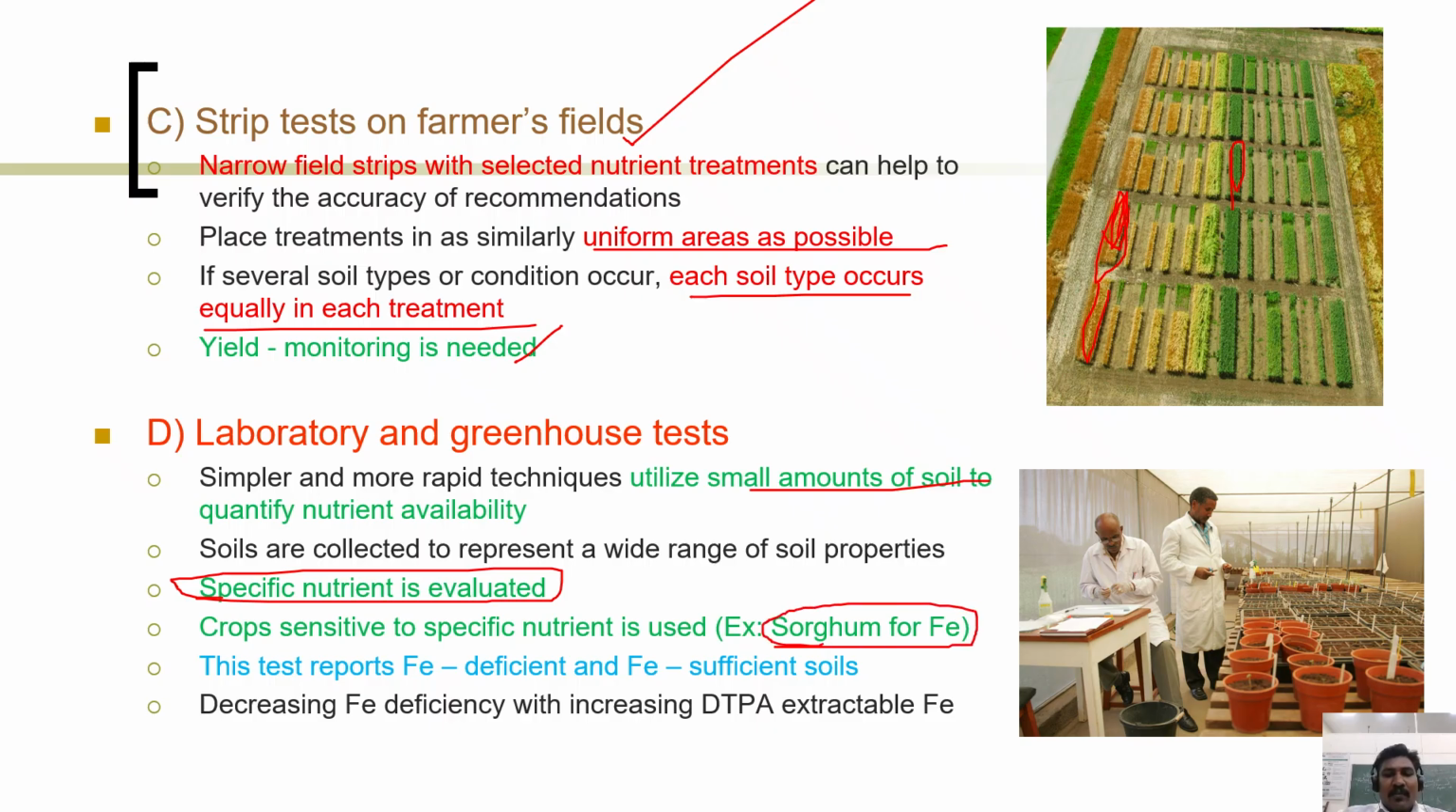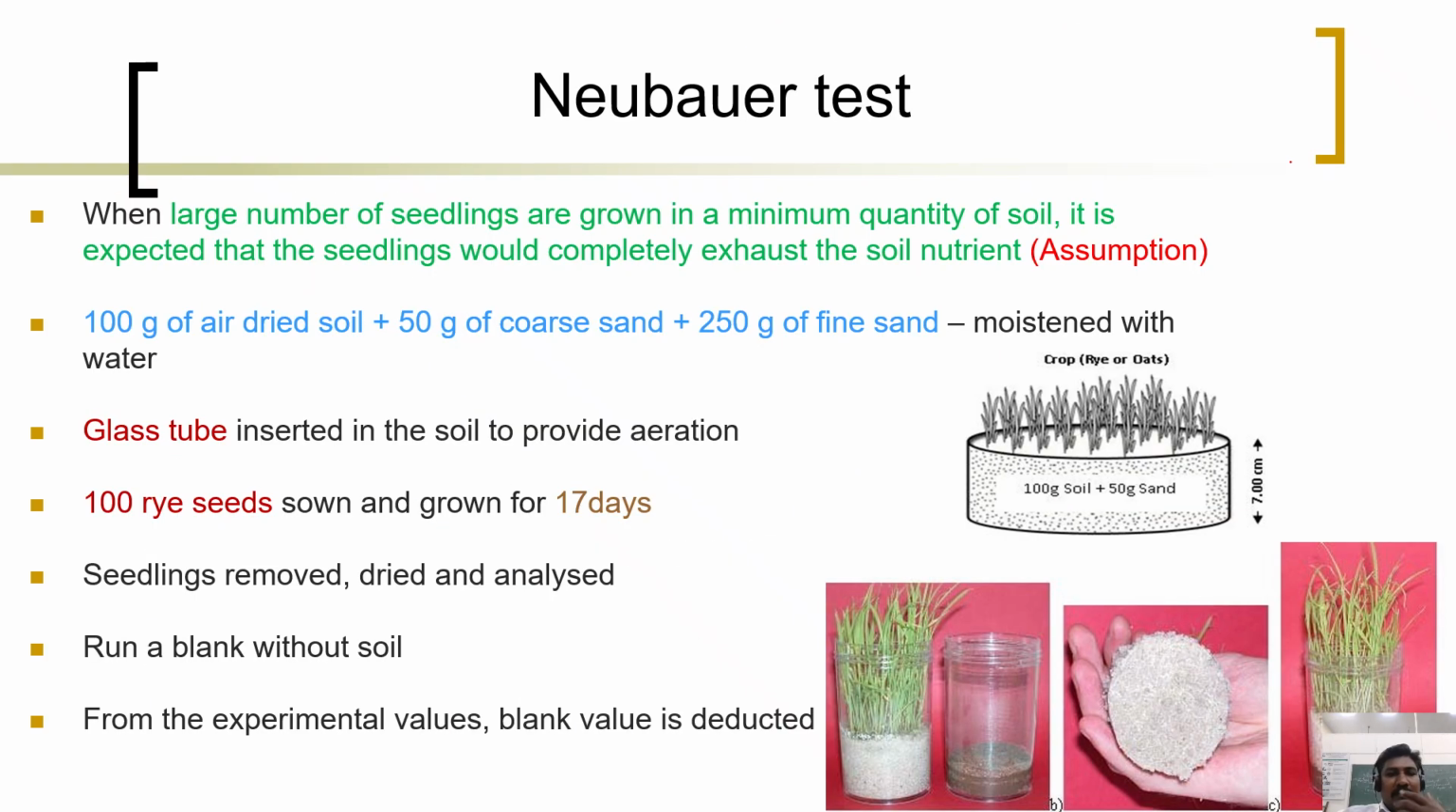For example, sorghum for iron: how the iron produces the growth of the plant in sorghum can be identified. This test reports iron deficient and iron sufficient soil, how much iron contributed, and how much iron is needed further for the upcoming treatment in the particular soil, and the decreasing iron deficiency with increasing DTPA extractable iron. So these iron chelated ions can also be used to decrease the iron deficiency. These are all the trials we can conduct